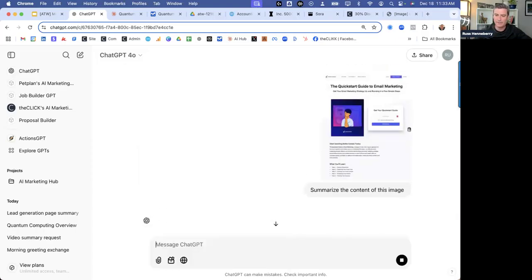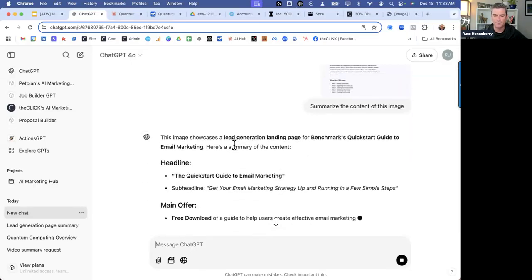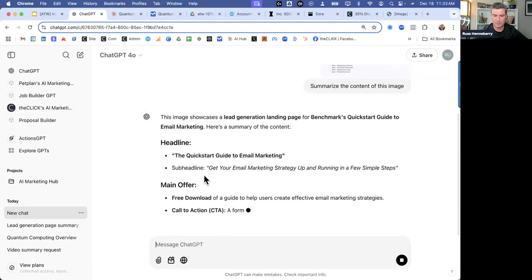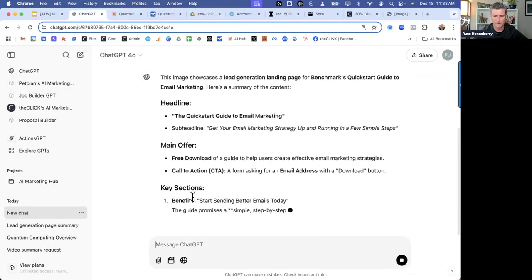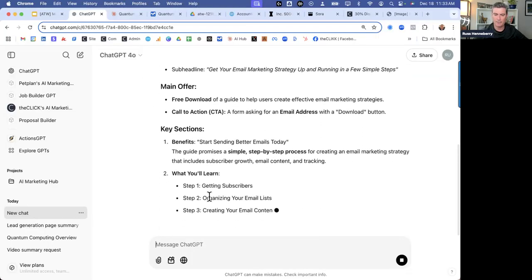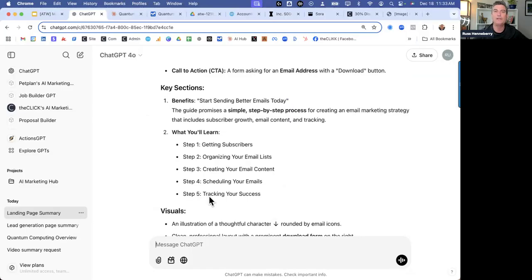But again, this is a kind of thing I use all the time. And this time it's seeing it, right? So it's seeing it here. Benchmarks quick start guide, free download, start sending better emails today. Yeah, so it sees it now, but because I don't want to jump in and just assume that it understands